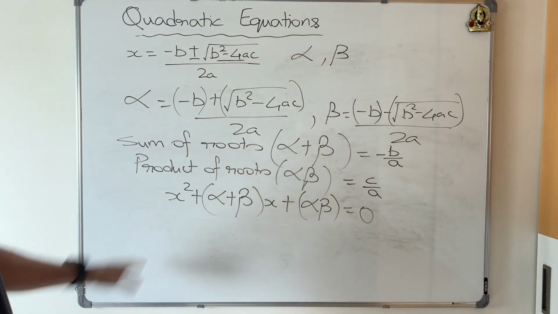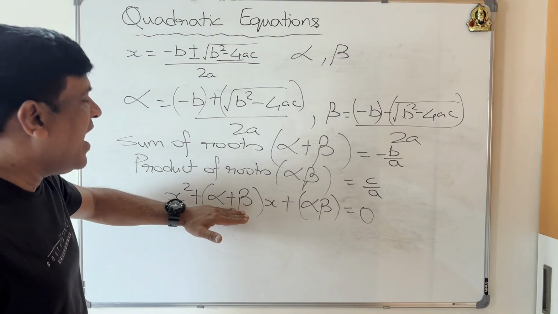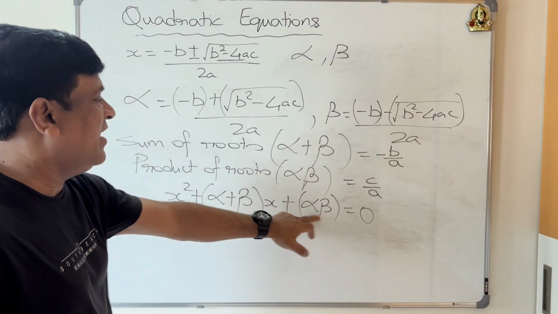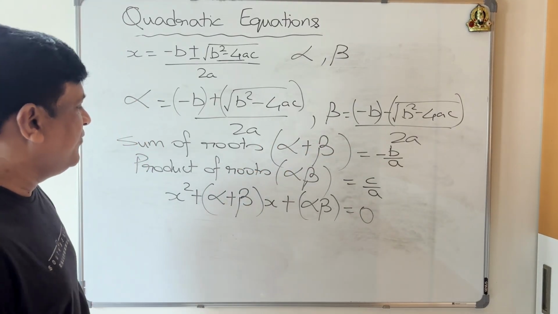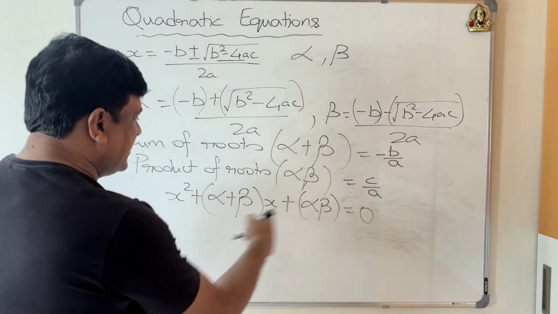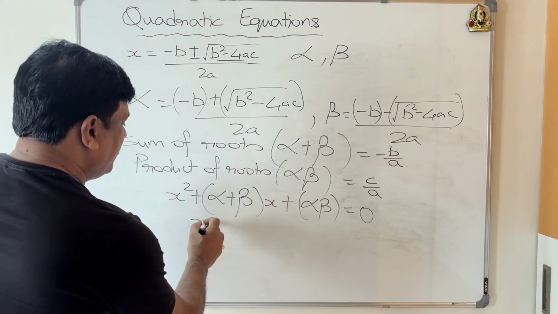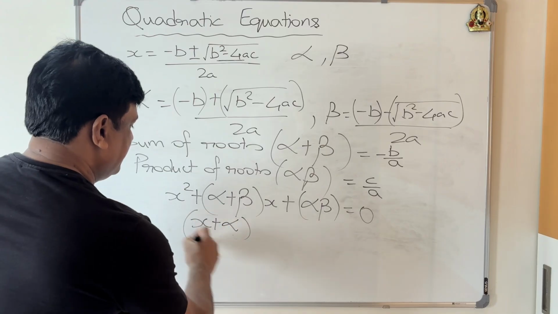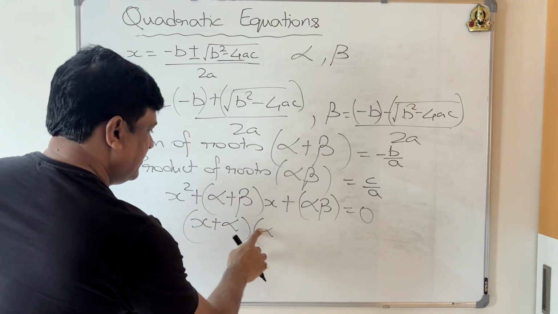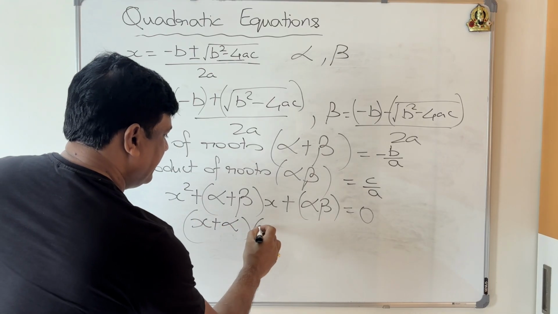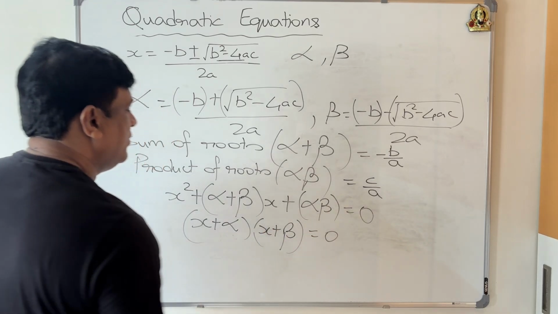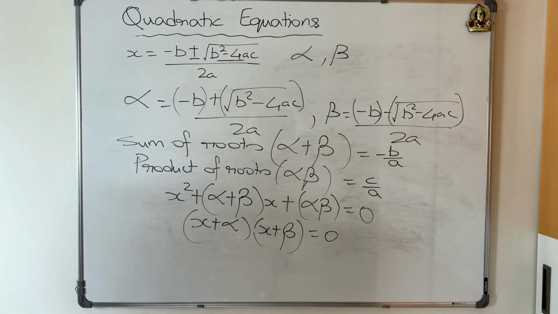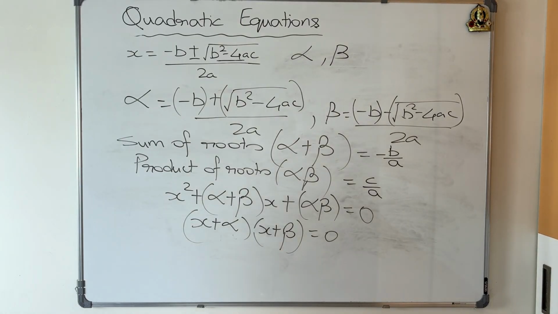Okay, this is what it is. If you have the values of alpha plus beta and alpha beta, you can directly put them in and get the answer. If you see here, this is nothing but an expansion of (x minus alpha) (x minus beta) equal to 0. Got it? Okay, so